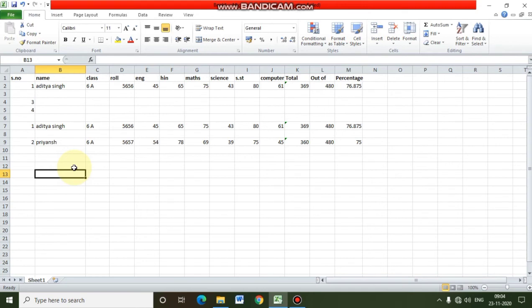One more thing which I want to tell you is how you can change the size of any cell. Suppose you want to increase the height of the row, or you want to increase the width of any column. Let's see how to do that.